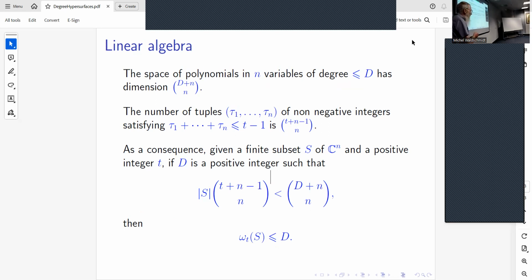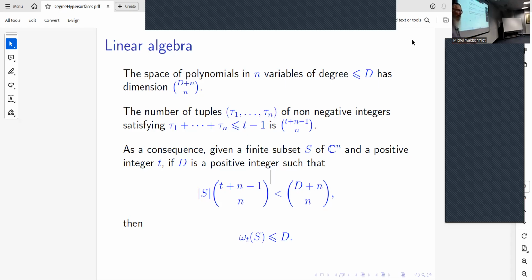The linear algebra which I defined before can be extended to n variables. The space of polynomials in n variables has dimension t^n. The number of tuples so that the sum is less than t is t^n. Therefore, if the number of elements of s multiplied by something strictly less than t^n, omega t of s is greater than...